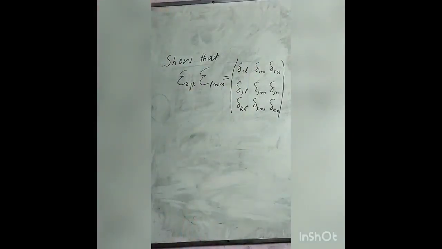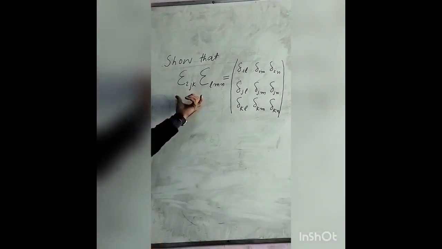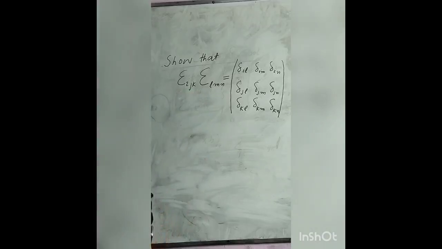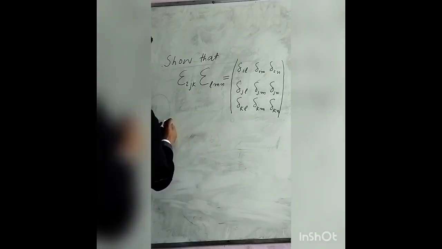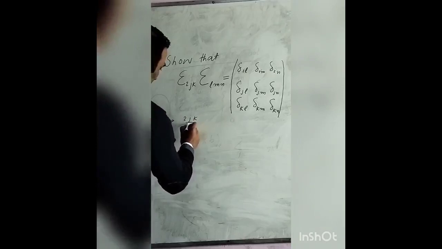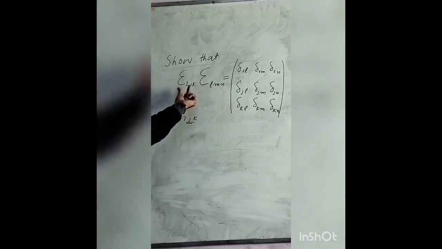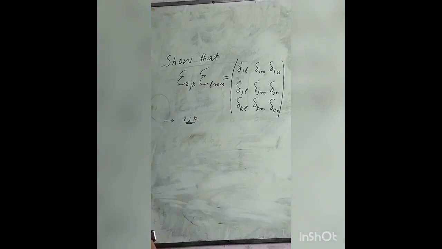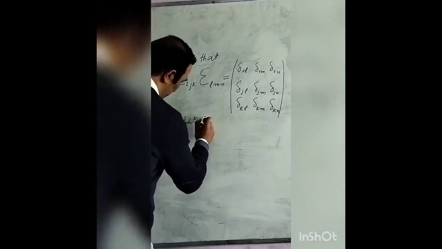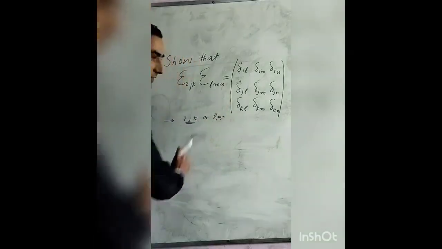Before that, we will prove this, because we know the basic property of the Levi-Civita symbol, as we have already discussed. There is one more property: if any two of the indices ijk are the same, like epsilon iik or epsilon jjk or epsilon ikk, or for the second epsilon we have that element. So if any two of these indices are the same,